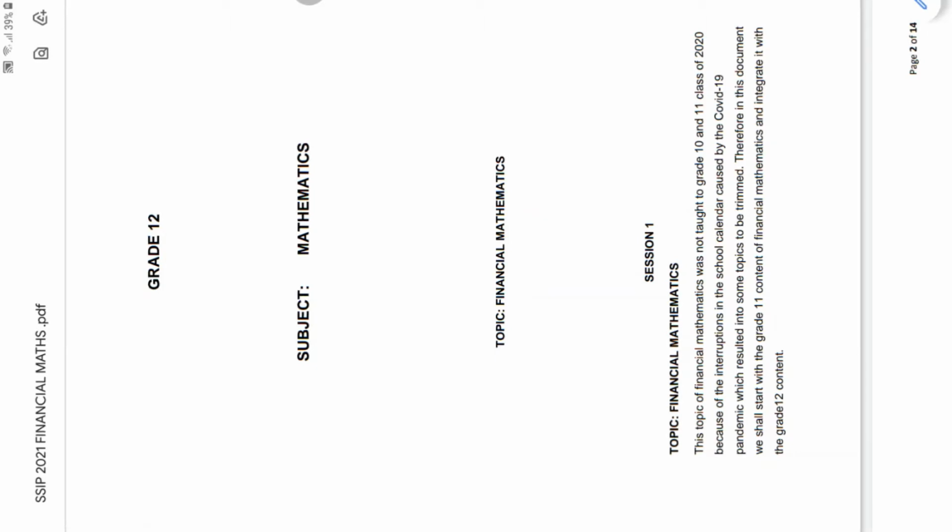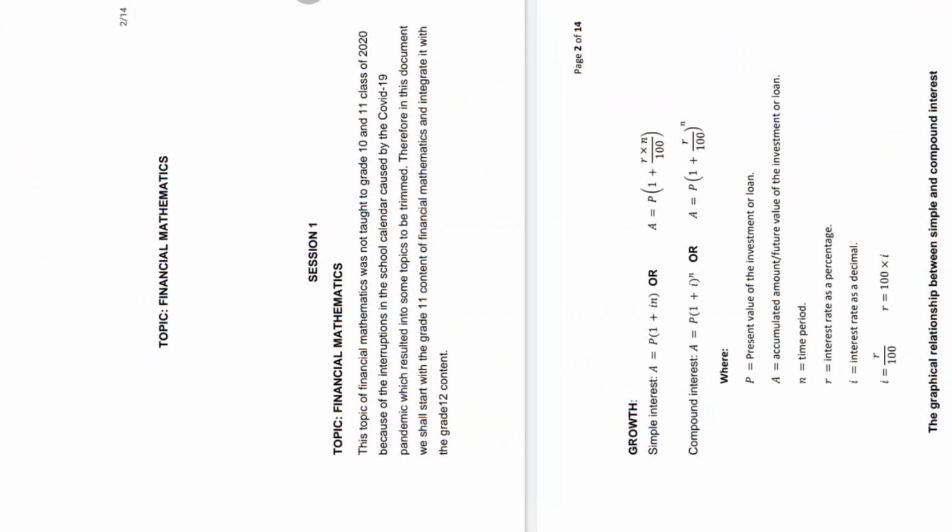Today our topic of discussion is financial mathematics. This is a topic you have learned since grade 9, if you remember, grade 10, 11 and 12. With financial mathematics, we deal with financial growth, where we deal with simple interest and compound interest, and the formula for simple interest is the first formula at the top of the document, followed by compound interest,